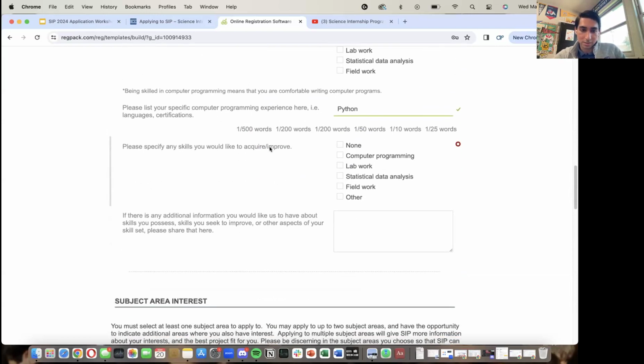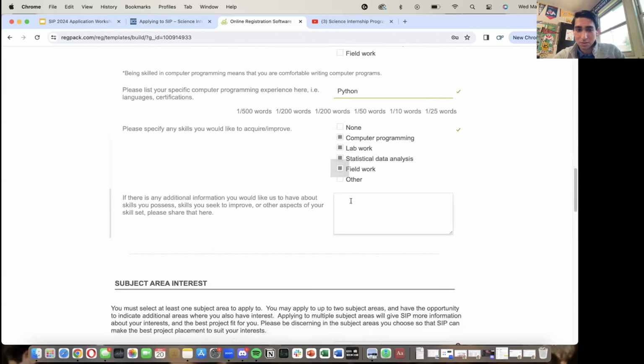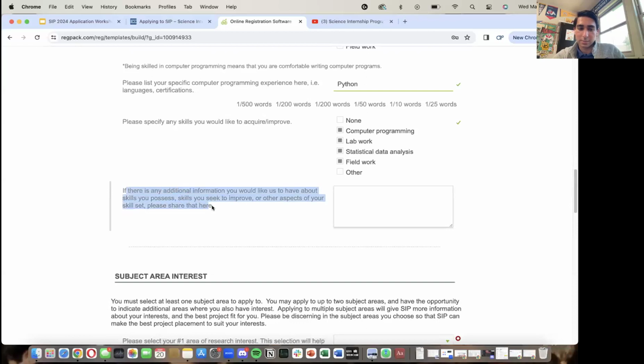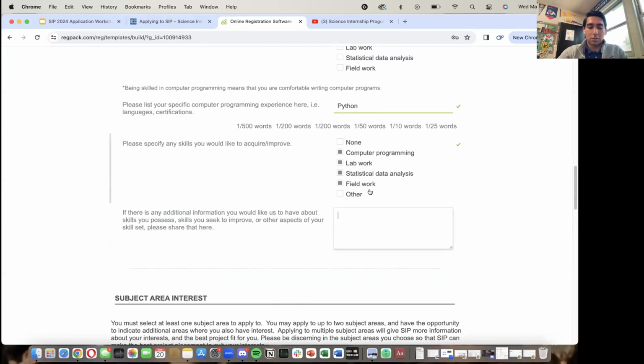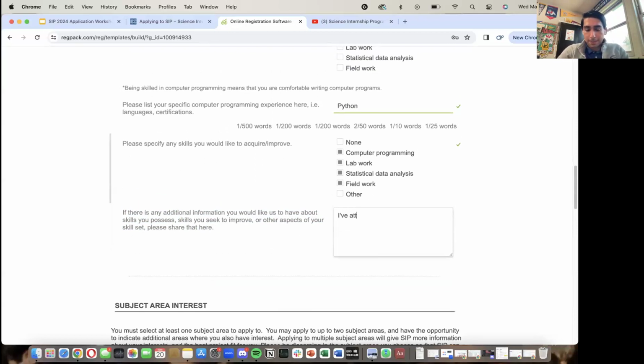Please specify any skills you would like to acquire and improve. I would like to improve all of these. And then here's another text box. If there's any additional information that you would like us to have about the skills you possess, the skills you seek to improve, or other aspects of your skill set, please share that here. So I will write, I've attended the PR tutorial and